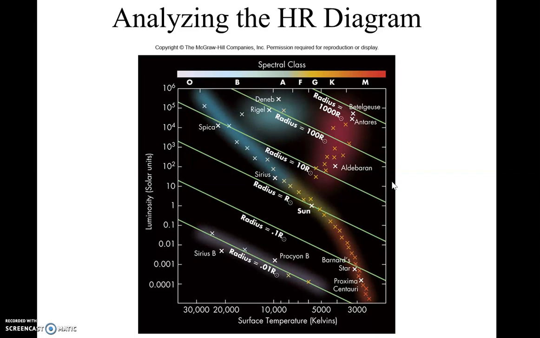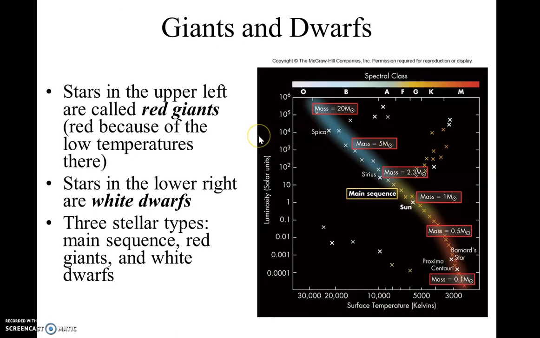Just looking at it in a little bit more detail. Stars along these lines would have the exact same... these along this line right here, they would be 1/10 the size of the sun. These stars right here would all be 1/100th the size of the sun. These would all be the same size. These would be 10 times. These would be 100 times. These would be 1,000 times the size of the sun. All right. Anyhow,